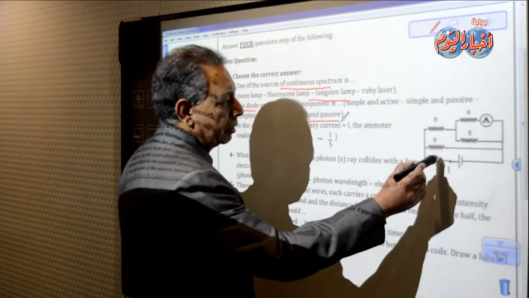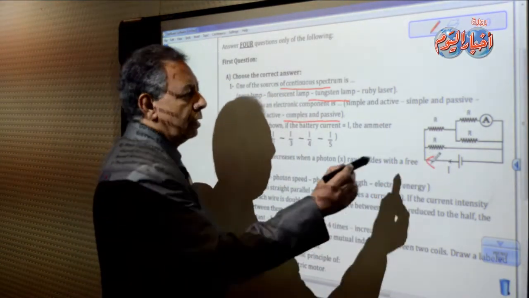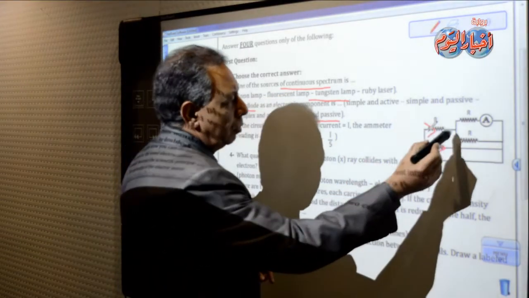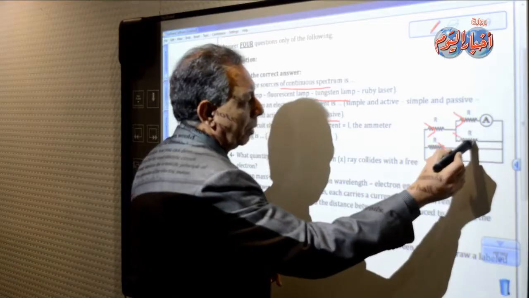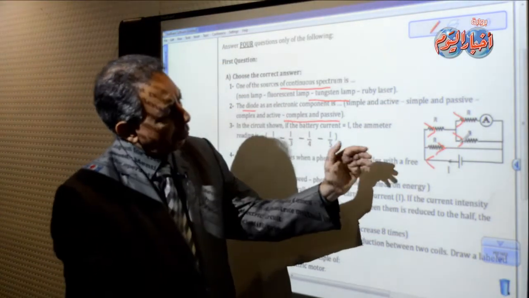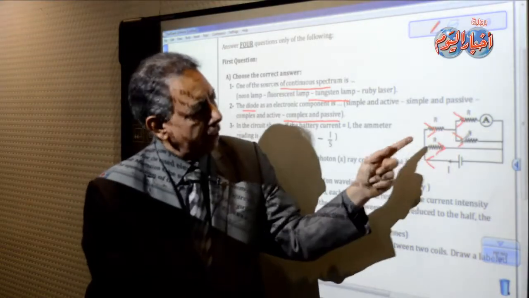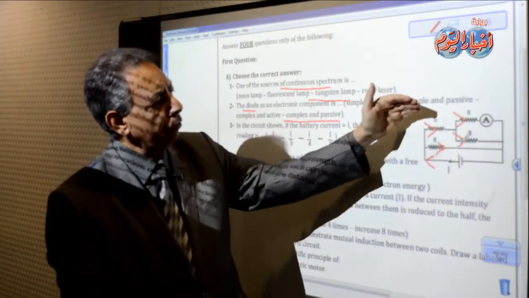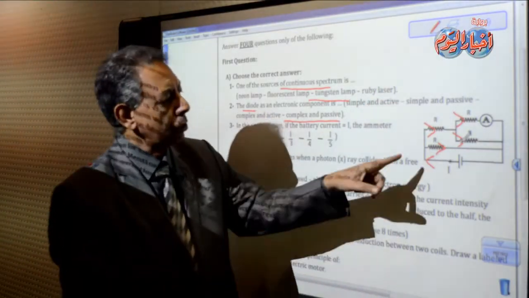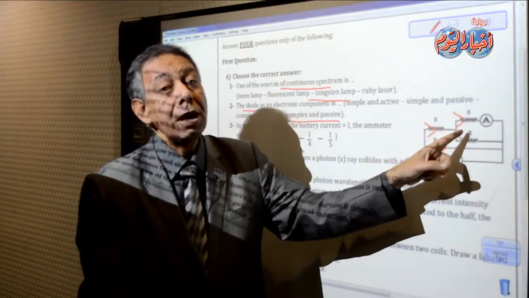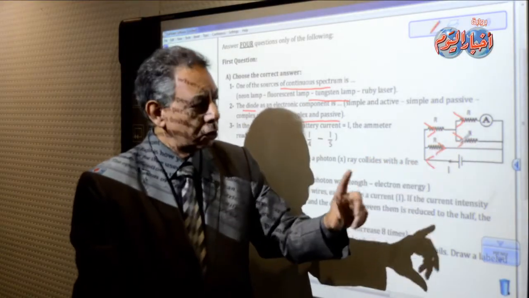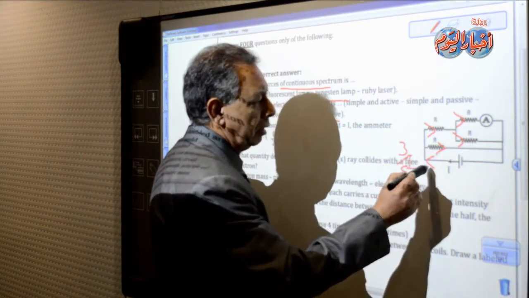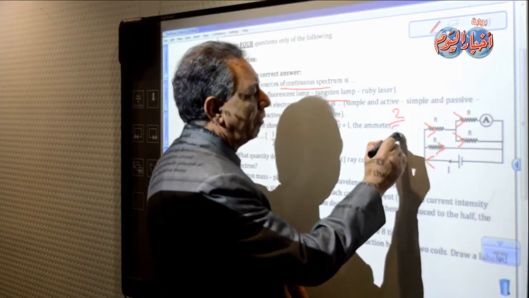So here we have a current I. That's good. And this current will be distributed into two parts, I1 and I2. And I2 here will be distributed another time into two parts. So, first of all, we have two branches. That is a branch, and that is a branch. When we divide the current between two branches, we divide them inversely to their resistance. So here we have R, here 1.5 R, 1.5 R. So here we are going to put 3 over 5 I in this branch, and here 2 over 5 I